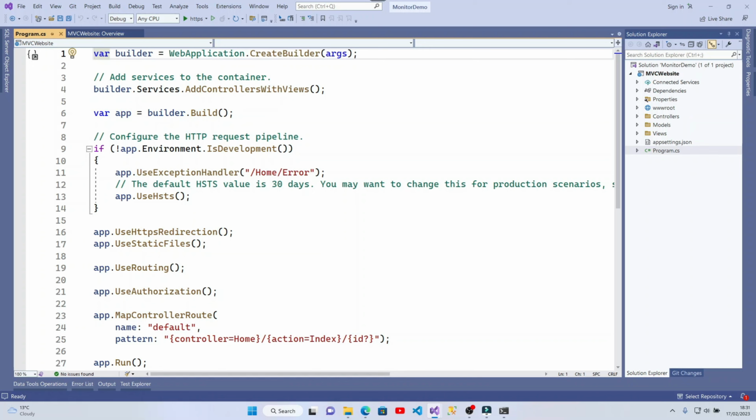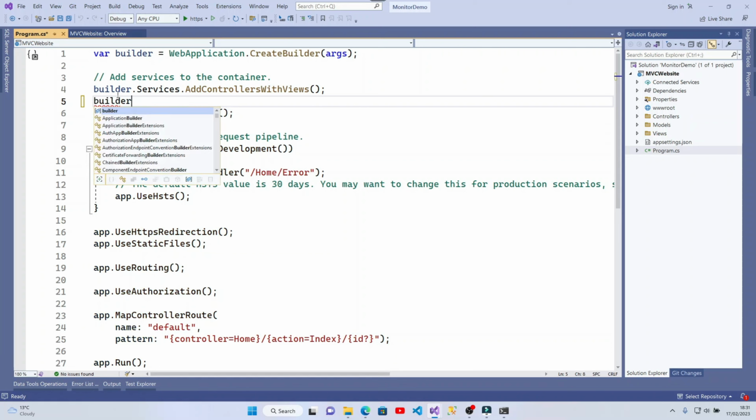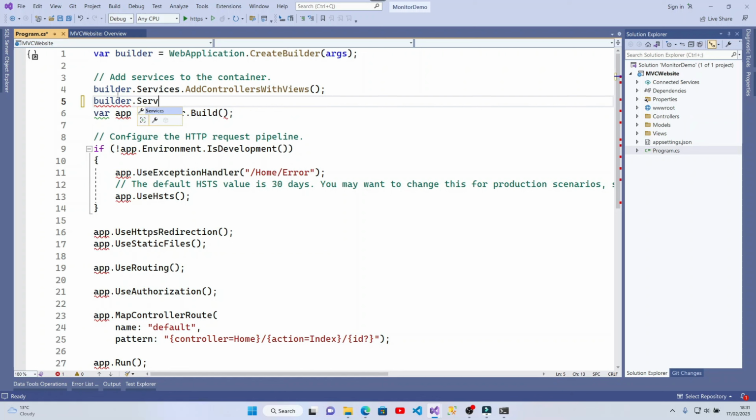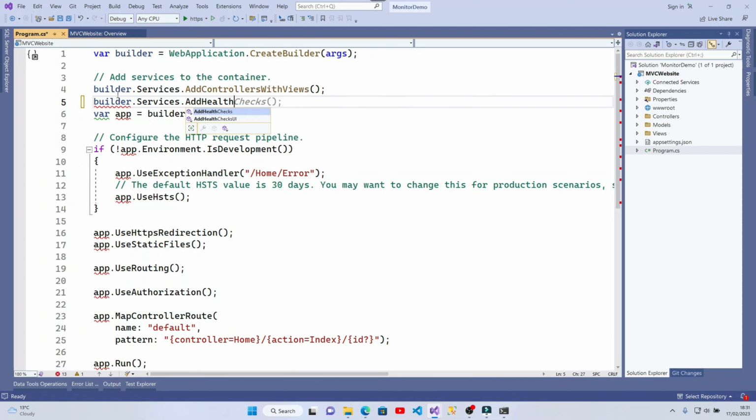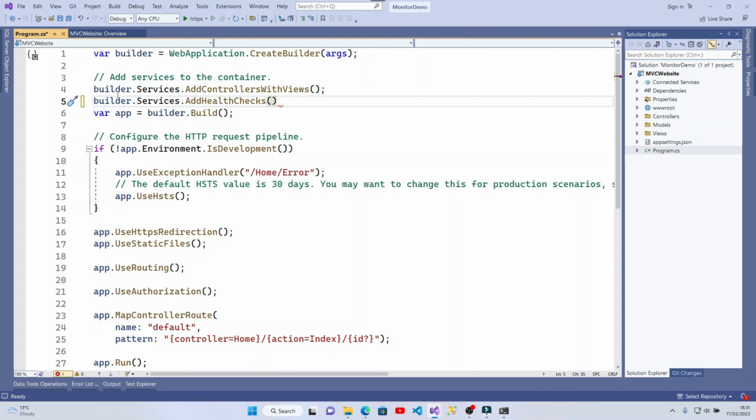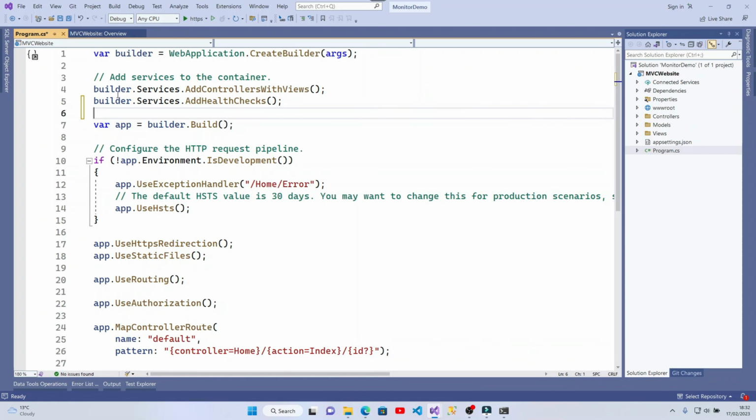So first place we need to go is underneath builder. We need to add in a new service. We go builder.services.AddHealthChecks, close bracket, and just for now that will do. We will revisit this in a minute to configure it further,